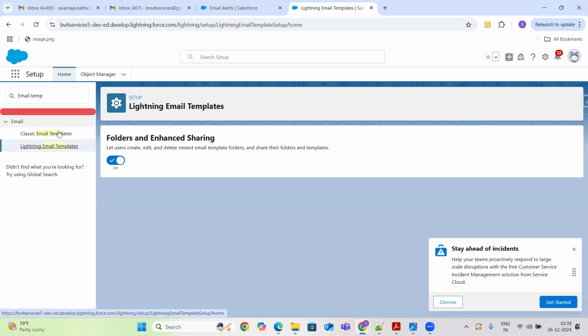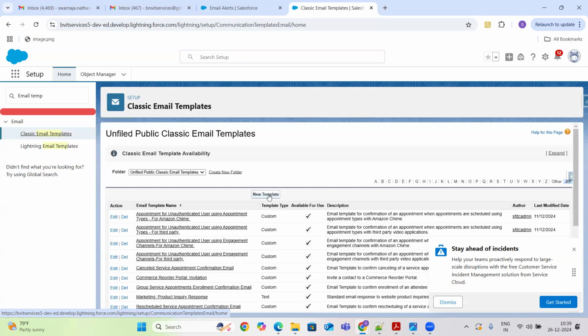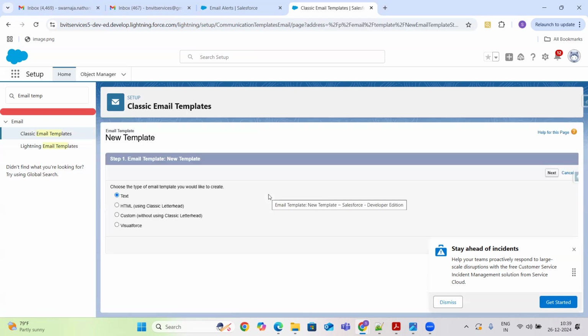Lightning email templates you can access from Lightning also as soon as you enable this one. But the general email template that you are going to create here is email templates.